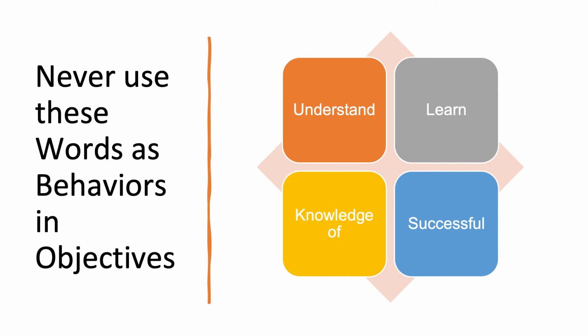Now, what words should be avoided when writing these behavioral objectives? Whenever I interview people to hire them as designers, probably hundreds at this point, the one thing I ask them to do is write a 4-part objective. And I'll be happy with a 3-part objective. But if I see things like understand, anybody that puts understand in an objective should be immediately ejected from the field. You cannot evaluate understand. As you look at me in this video, what do I understand? How would you know? You just can't do it.